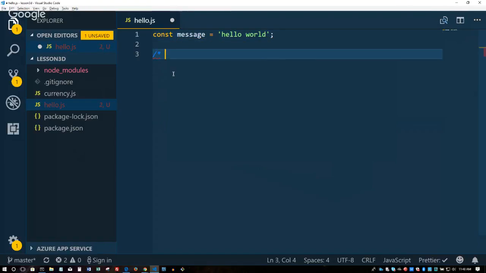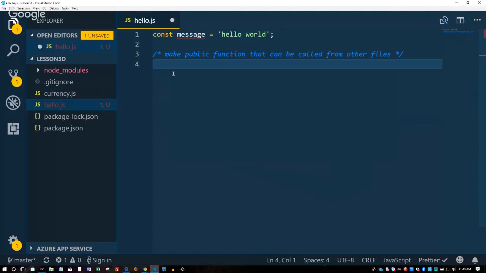Okay, and now we're going to use the exports thing. So I'm going to say exports dot. Now, a word about this. So this exports, where does it live? This word exports is a global object that Node just remembers throughout everything, and you can use it. Okay. So exports dot say hello.